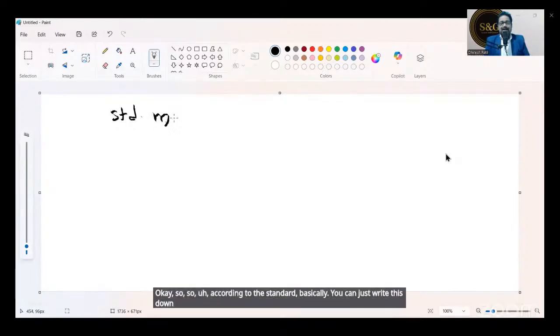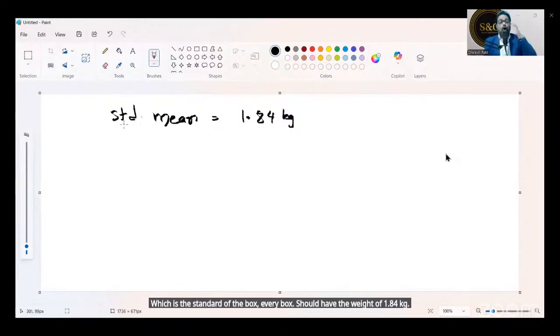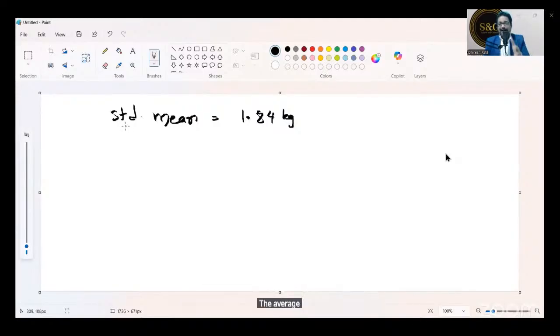The standard mean here, the standard of the box, is that every box should have a weight of 1.84 kg. That is the norm by the company. So the company will accept an average box weight of 1.84 kg.